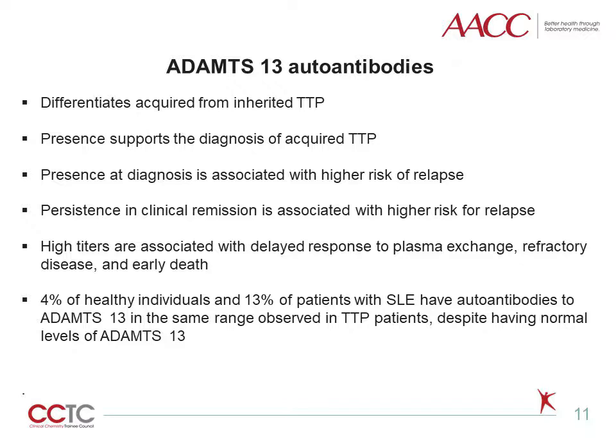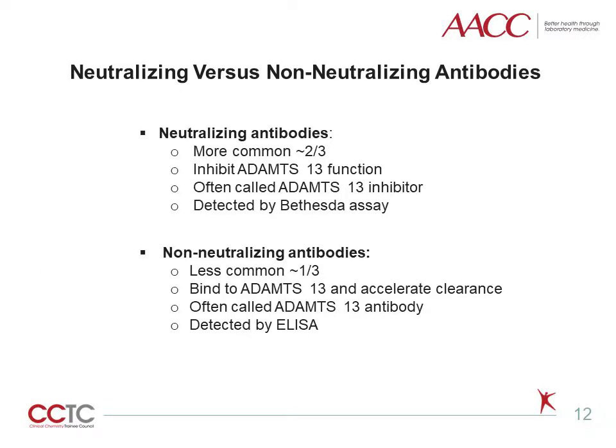death. It is important to note that it has been reported that about 4% of healthy individuals and 13% of patients with systemic lupus erythematosus have autoantibodies to ADAMTS13 in the same range observed in TTP patients, despite having normal levels of ADAMTS13. The autoantibodies for ADAMTS13 come in two types: the neutralizing antibodies, which are more common, about 2/3 of cases,